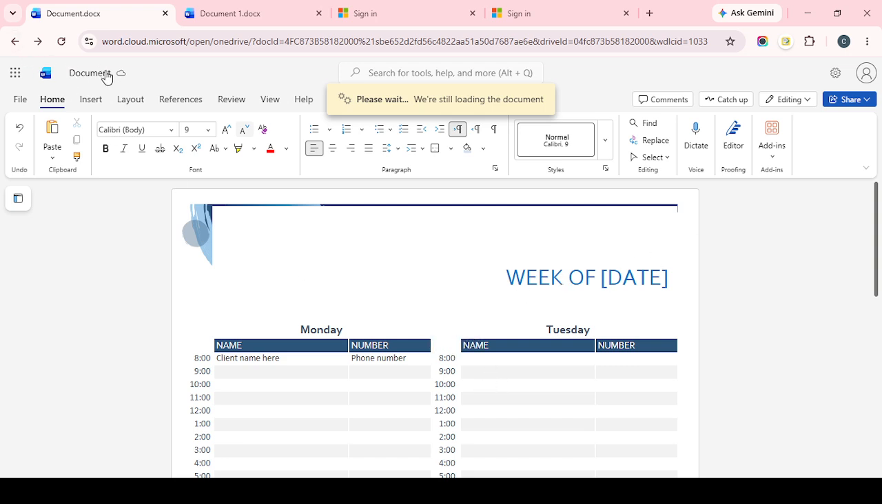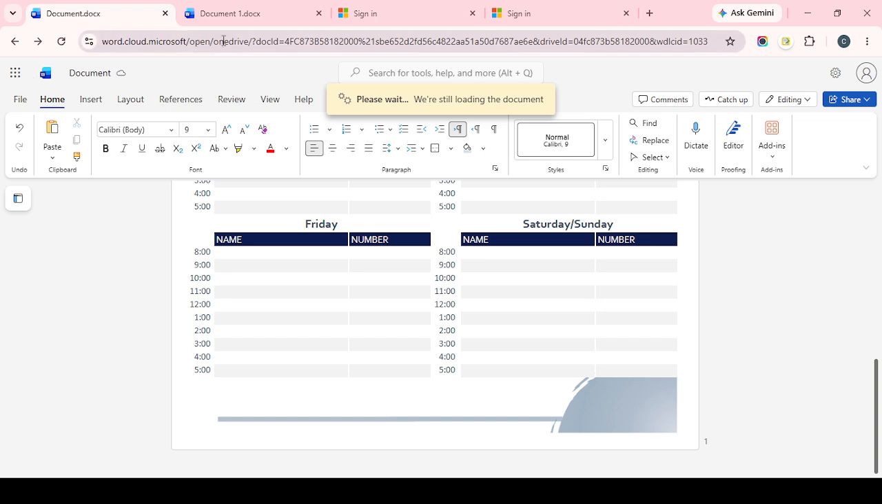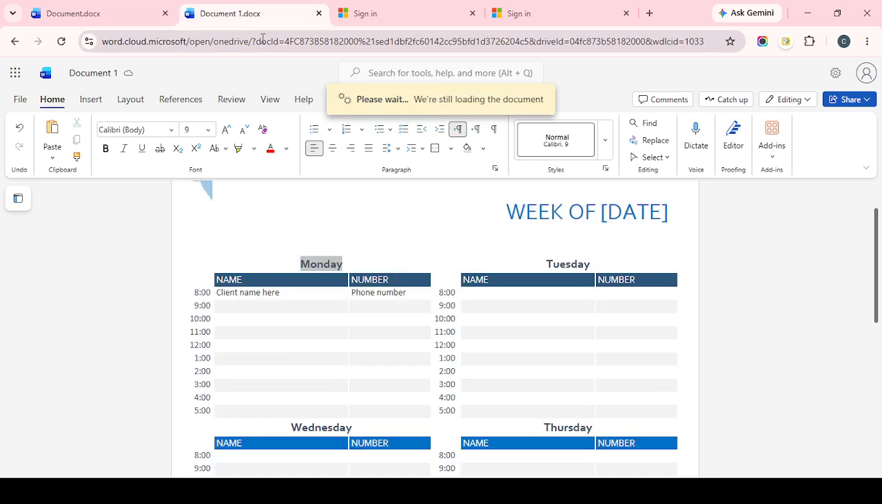When everything looks the way you want, go to File and choose Save as Template. Saving it as a template means you won't have to recreate the same layout from scratch next time. You'll be able to open it